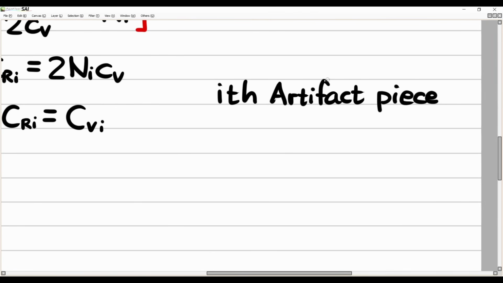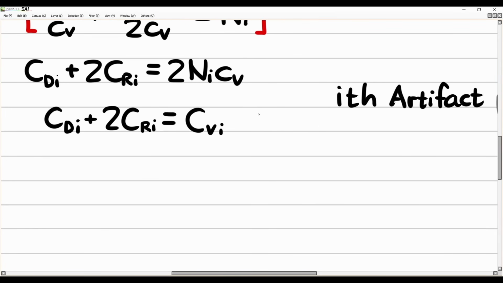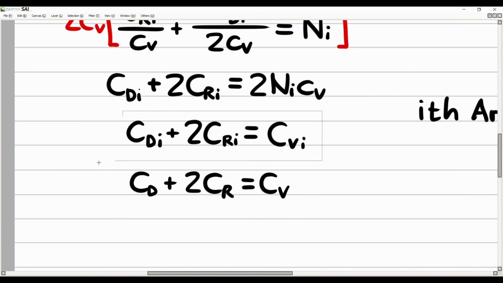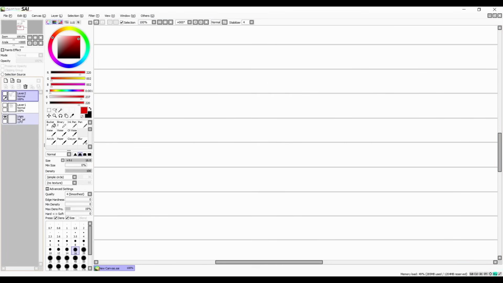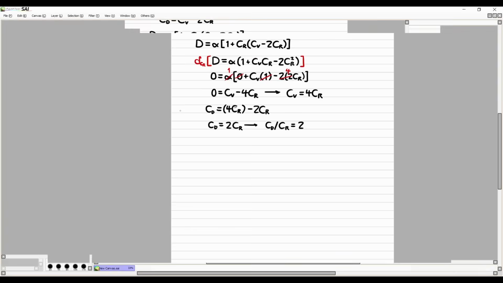And you know, the different artifact pieces a character can have are the flower, the plume, the sands, goblet, and circlet. So the i is just to represent that it could be any one of those 5 different pieces. Now, here's the thing. This only pertains to the artifacts. But we want to essentially show that this works for the overall character's crit rate and crit damage, not just